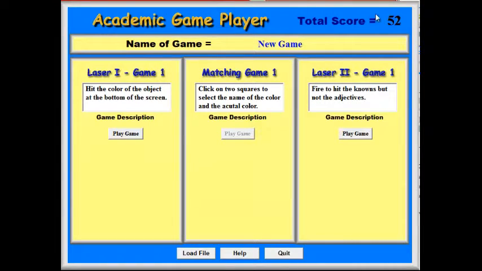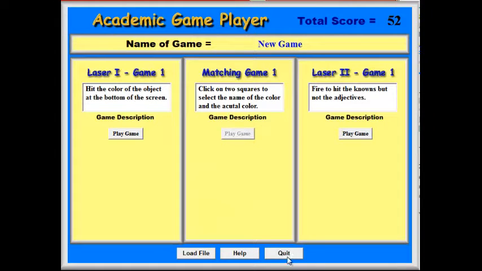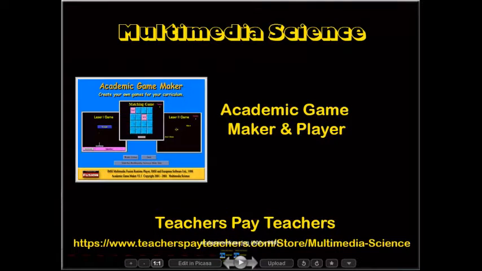And you can see that there's a total score. If you had the students playing in a computer lab, you could walk around and let them show you their scores as extra credit. There's a help screen that talks about the program and how to go about playing it. So that's the academic game maker and game player. You can get the academic